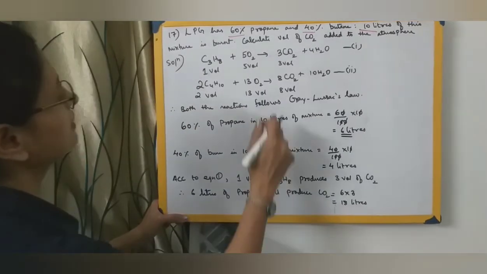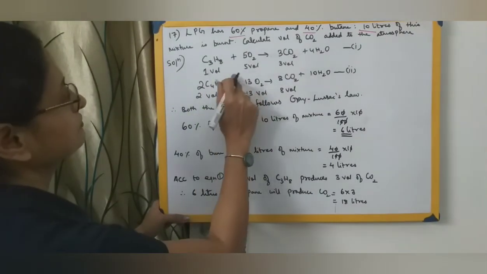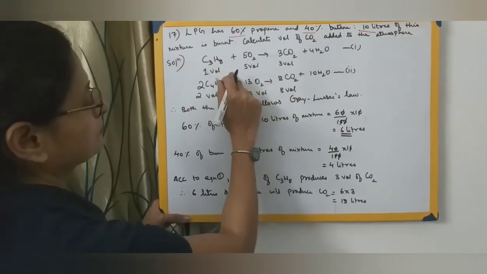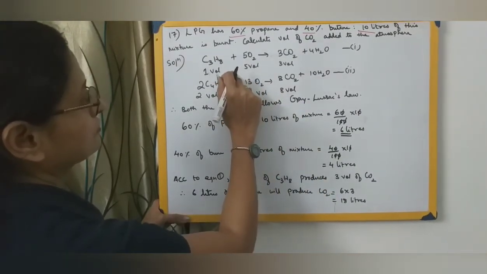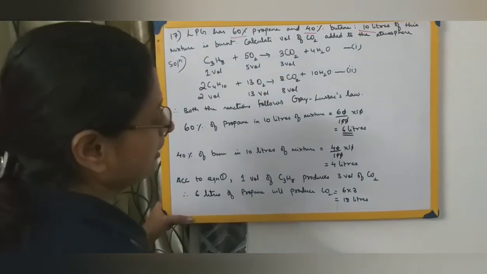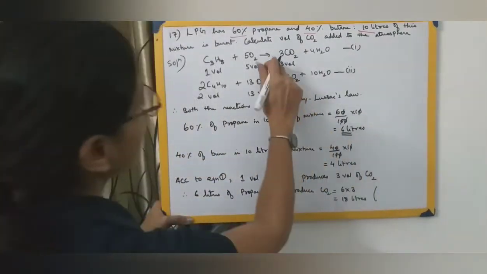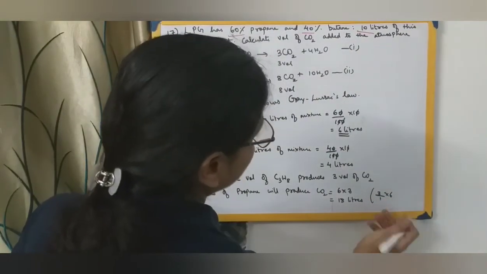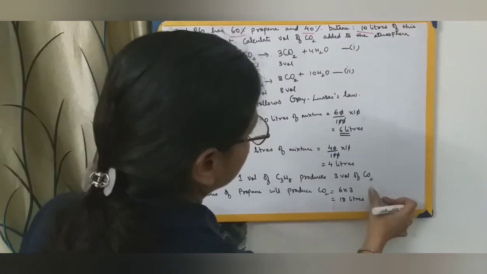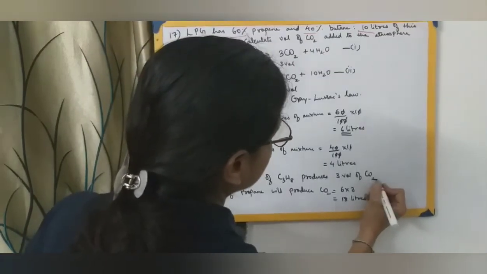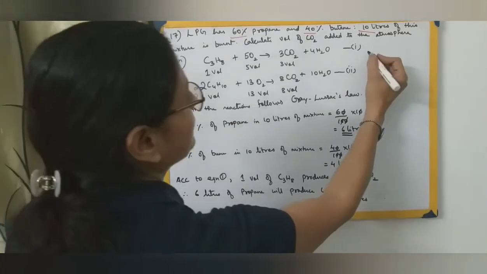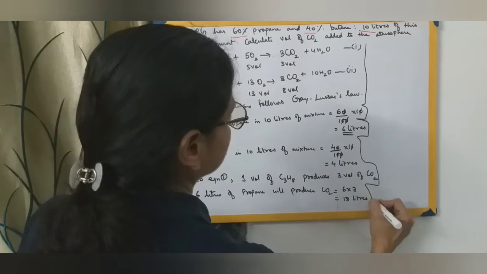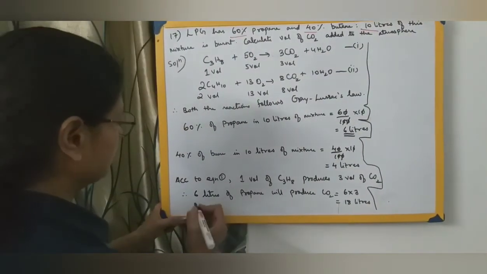Let me see if there are any other ways for this. That is 3 by 1 into 6. It is the same thing. If I am writing this as we have been doing for all the equations, that is 3 by 1 into 6. Same thing. So we can write it this way, that is 18 liters. Next step, for which I don't have much space, but still let me try. Okay, let me continue over here.